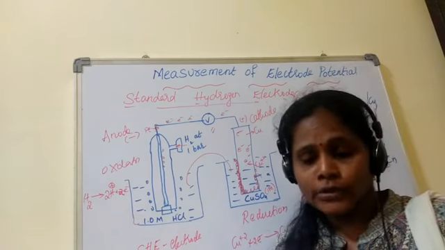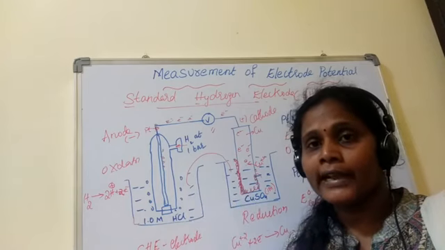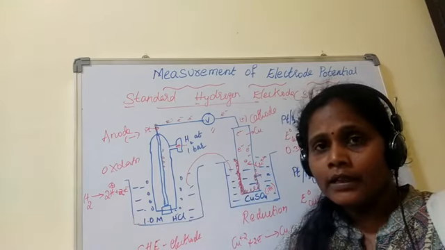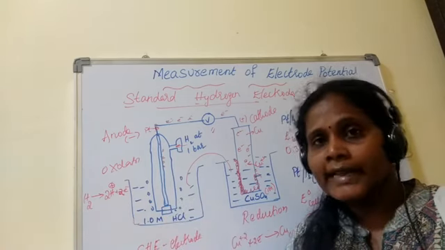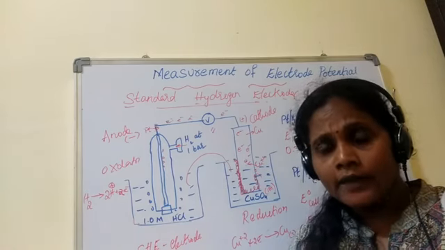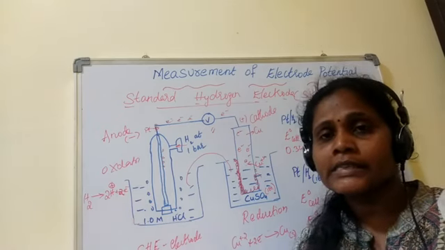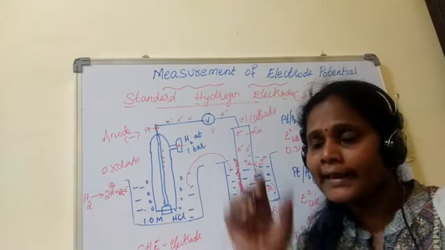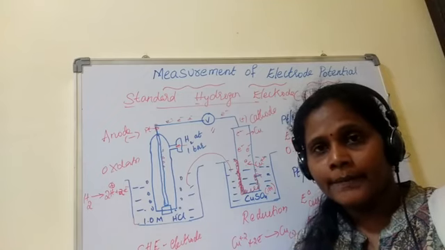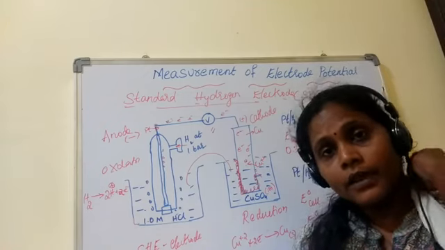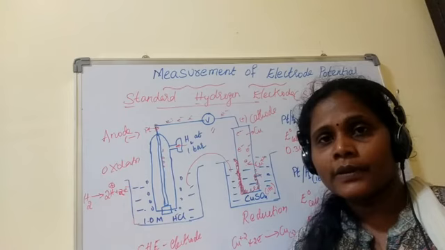Negative electrode potential values indicate that they are stronger reducing agents than hydrogen, because in the electrochemical series hydrogen is in the middle, right? So they are stronger reducing agents. A positive value indicates they are stronger oxidizing agents than hydrogen, or weaker reducing agents than hydrogen. Please go through the electrochemical series. It is very important. No need to memorize the values, but at least know where the elements are present. Non-metals are at the top: fluorine, chlorine, bromine, like that. Down below you will have the metals, especially at the very bottom lithium. It starts from fluorine and ends with lithium.